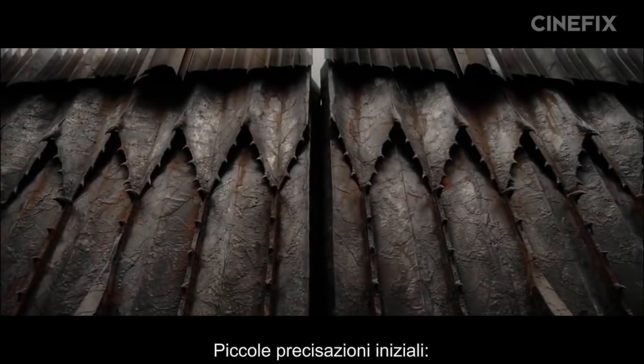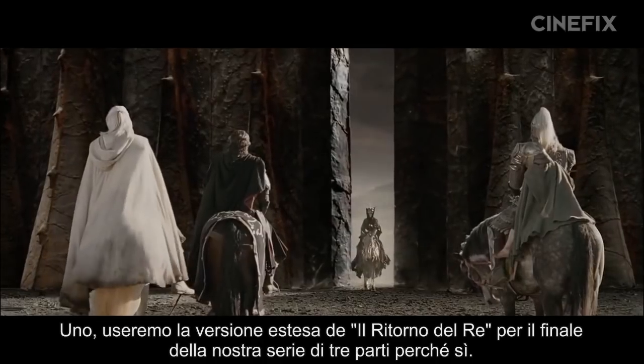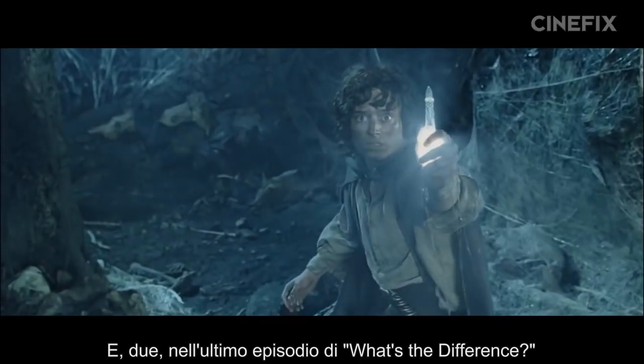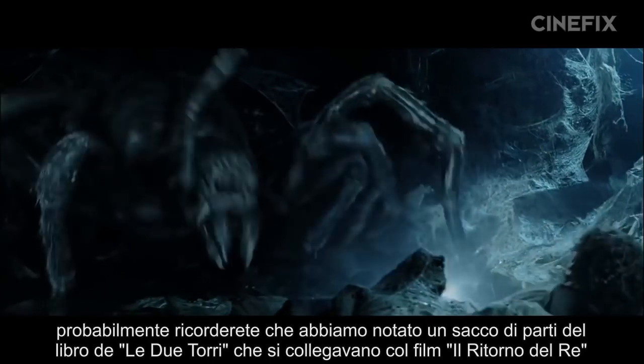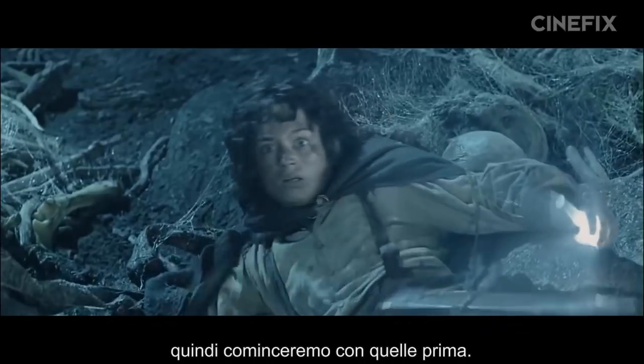Little housekeeping right out of the gate. One, we're dealing with The Return of the King's special extended edition for the finale of our 3-part series, because why not? And two, in the last episode of What's the Difference, you might remember we noted huge sections of the Two Towers book that wound up in the Return of the King movie, so we're gonna deal with those